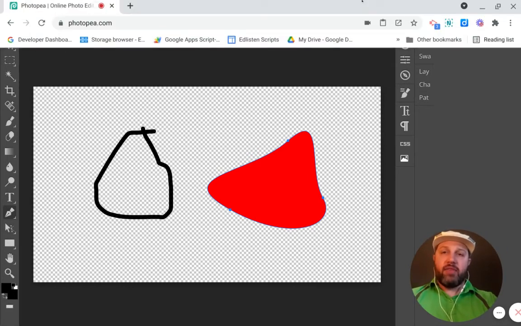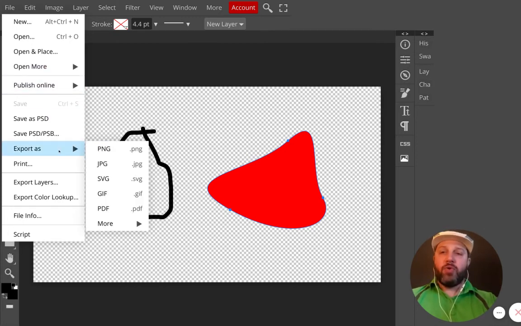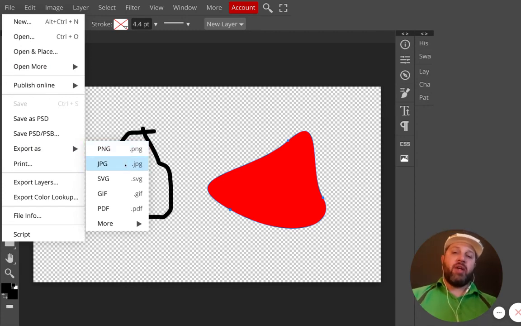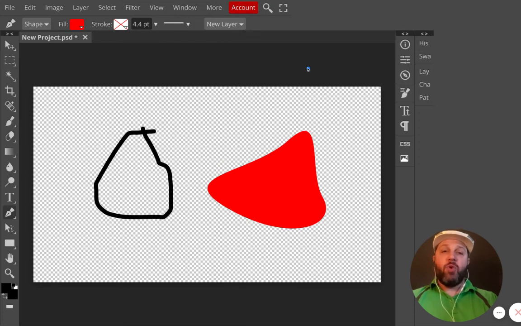Okay, and I think that is it. File, like I said, you can save as a PSD if you want to come back and save it with all of the layering and edits that you've made, or you can export it as a PNG or JPEG, or even SVG, or pretty much many different file types if you're putting it on the website or putting it out to print. Okay, I will look for a few more videos that will go over some specific tools within Photopea,